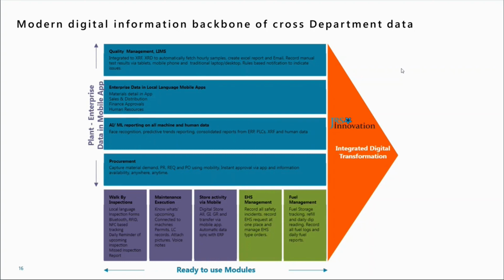They come in multiple languages across the features, be it fuel optimization, health and safety at the plant level, store activities digitization, and the entire maintenance process digitization connected to IoT devices and the PLC data feed,